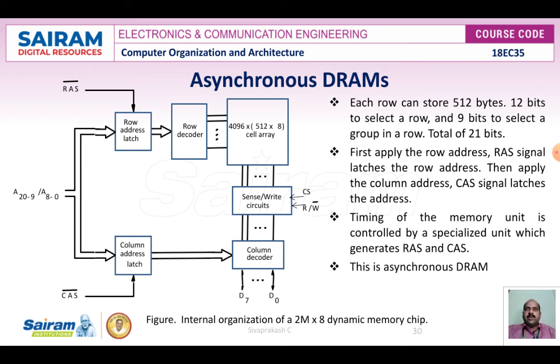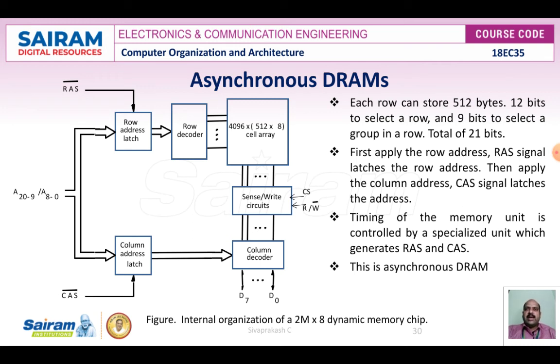In this case, the dynamic nature of the memory chip is almost invisible to the user. In the DRAM, the timing of the memory device is controlled asynchronously. So a specialized memory controller circuit provides the necessary control signals, RAS and CAS, that govern the timing. So the processor must take into account the delay in the response of the memory. Such memories are referred to as asynchronous DRAMs.